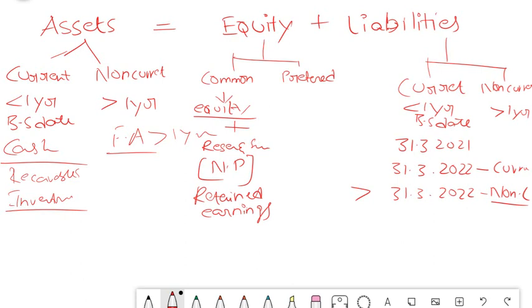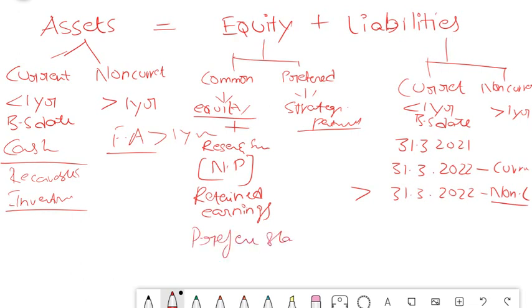Preferred capital means generally they give a preference to some friends or family or strategic partners or business partners. Those types of capital are called preferred capital. Mostly strategic partners come under your preferred capital. This is less commonly seen, but at the same time, if you say capital, then you can also include your preference share capital. And also there is something called debentures, which also forms part of your balance sheet liability side.